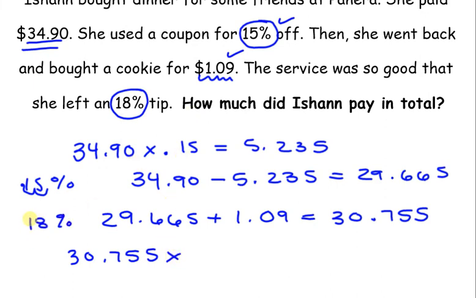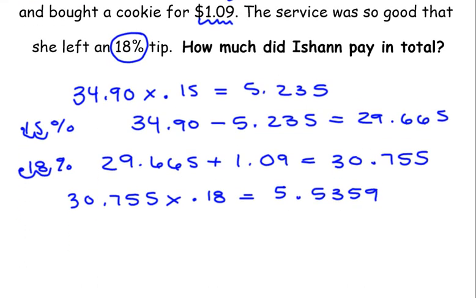18%. I need to move the decimal back 2 spots, so times 0.18 equals, go ahead and calculate that. And you should get 5.5359. Now, because it's a tip, we add it onto the bill. If it was a discount, we would subtract it. So we're going to have